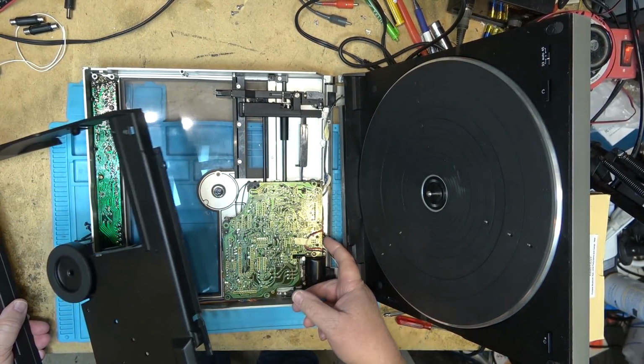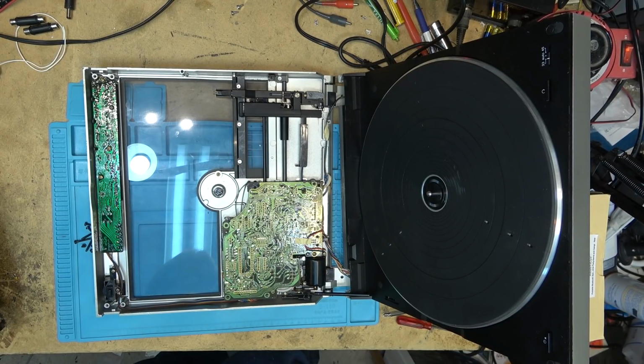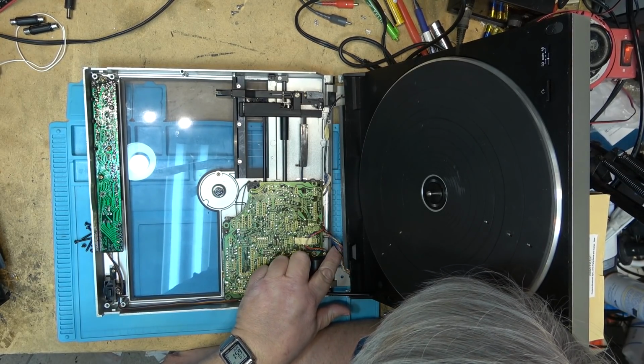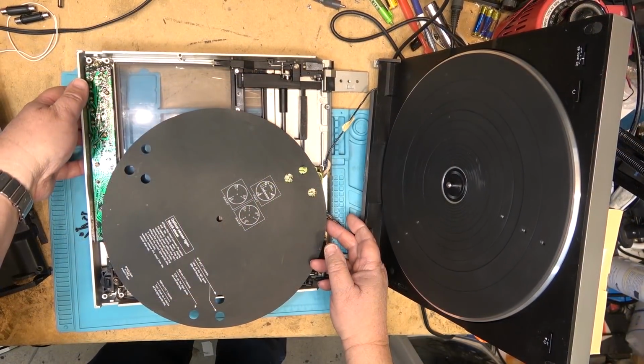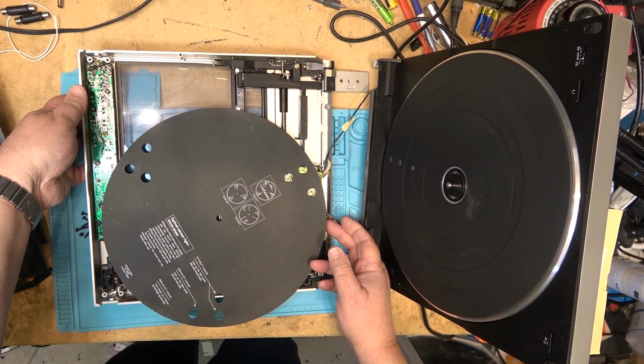Alright, there's a switch right there. This is probably the switch that's not being activated because something was jamming it, more than likely the wires. Okay, will this operate the arm now? There we go. Spinning. And if I...